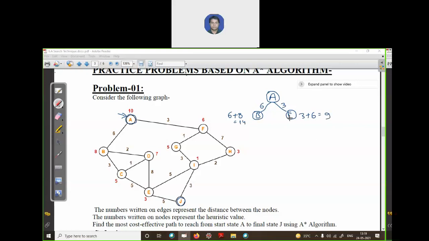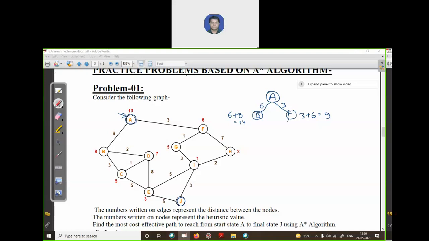So we have two terminals, B and F. We will explore first the node which has the least evaluation function value, the fn value. Between 9 and 14, 9 is less, so we will explore F first.